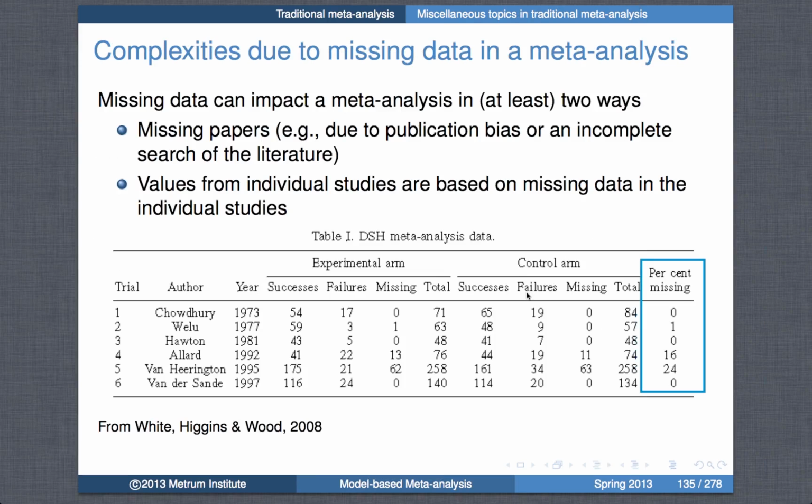Okay, so let's think a little bit about our second topic, which was missing data in meta-analysis. We can think about missing data as coming in lots of different ways, but let's think about two specific ways. One is that notion that an entire study is missing, and that's what we've already talked about as publication bias or the file drawer effect. It may also just be coming up because we have done an incomplete search of the literature, so the study may be published, but we just haven't captured it in whatever literature search that we've done. The second type of missing data is